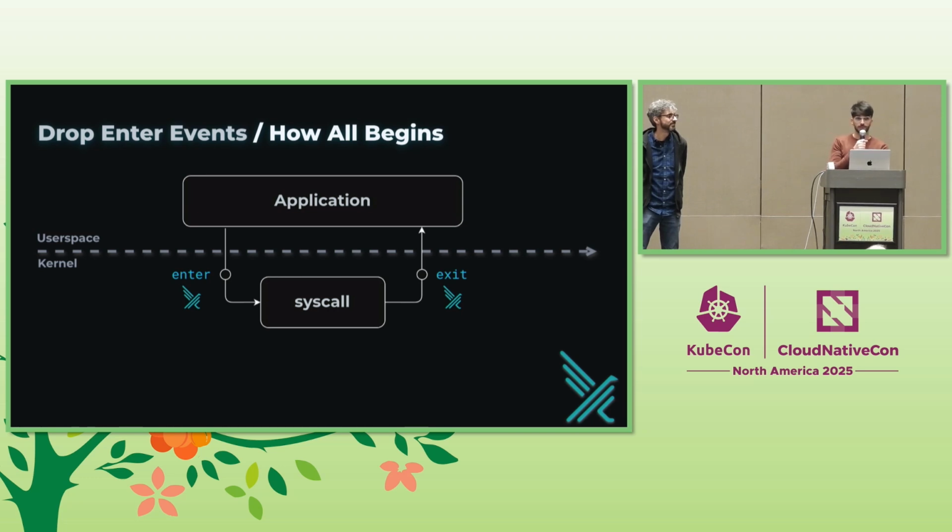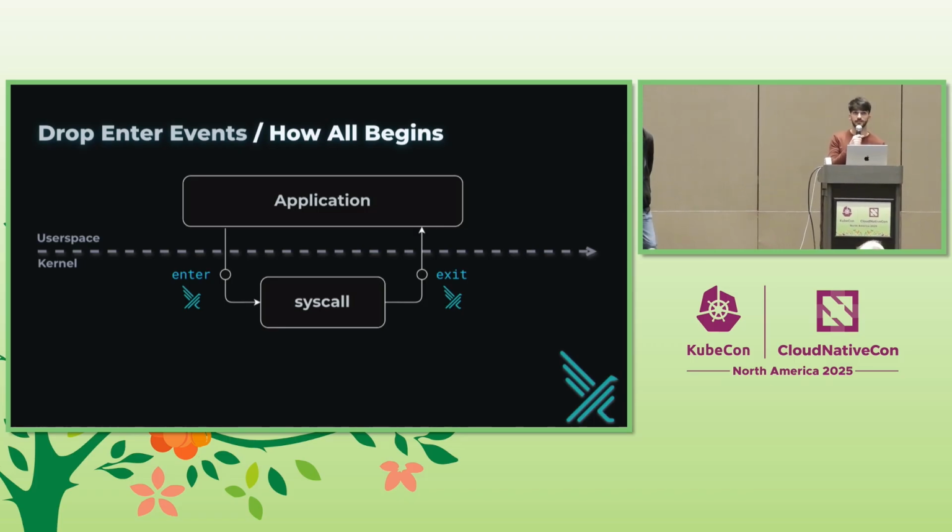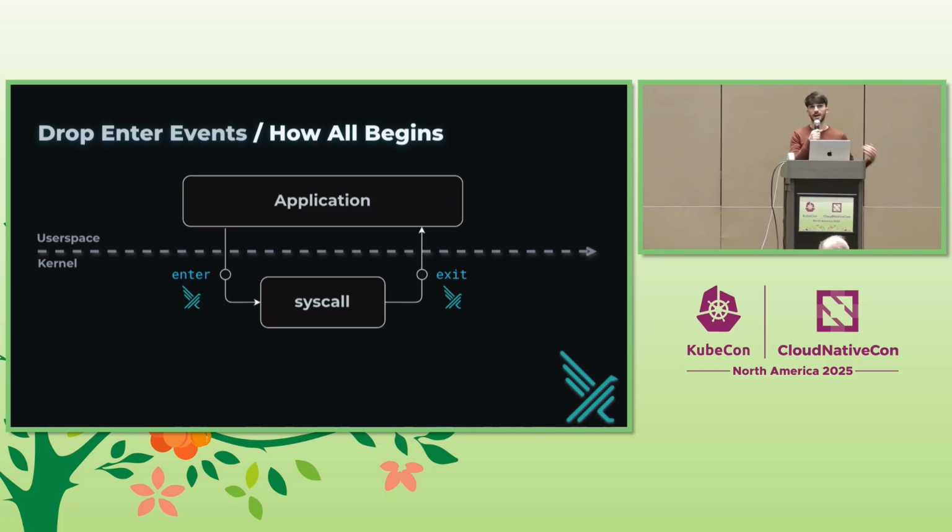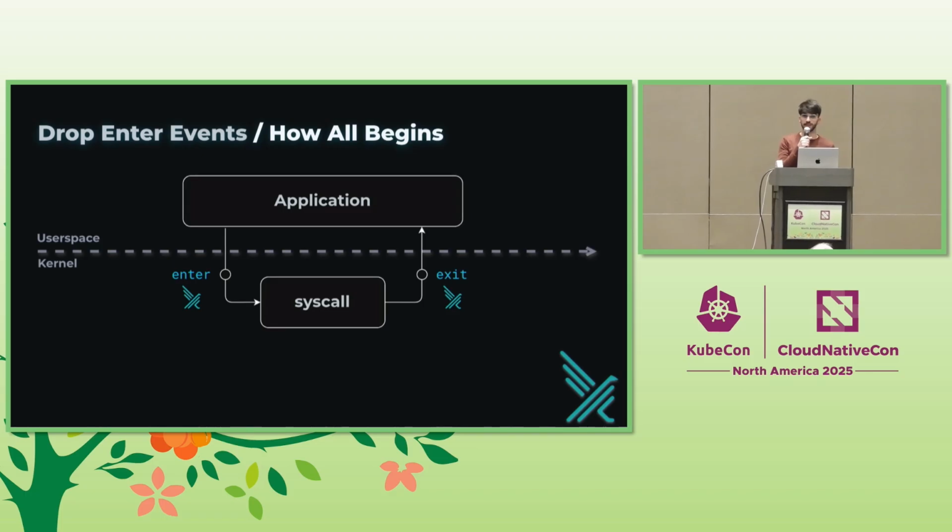Let's first talk about how it all began. Basically, Falco used to generate two event types, an enter event and an exit event. The enter event captured the syscall context before syscall processing, and an exit event captured the syscall context after the kernel processing. These provided maximum details and flexibility, and besides other things, with this mechanism, we were able to enable TOCTOU mitigation in Falco, thanks to the presence of enter events.